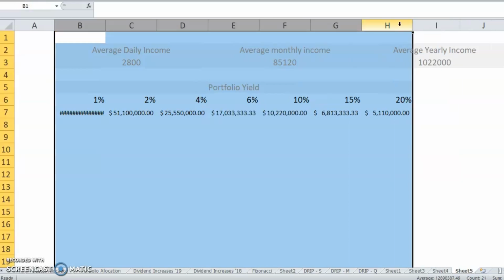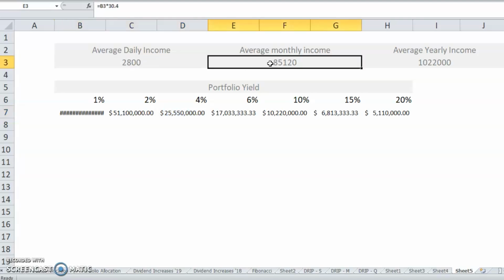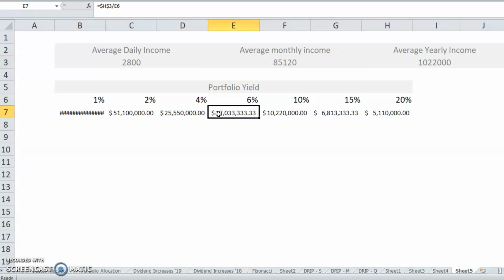But if you're looking in the 4 to 6% range, you're going to be aiming anywhere between $17 to $25 million, right? If you want to make $1 million a year, or about $85,000 a month, you're going to need a pretty big chunk of change. And of course, if you want, you can cut it down, right? I mean, if you have been looking over this 10 to 15%